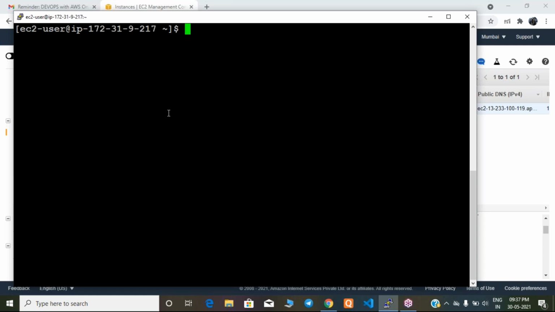Compulsorily, when you create your Linux box initially, we will log in with EC2 user only. But once your server is ready, definitely in your project there will be a number of people, different teams: application team, database team, developers, right? In every server we have to create those users. Doesn't matter if you have 20 servers, 50 servers, or 100 servers, in all of them we have to create those users.